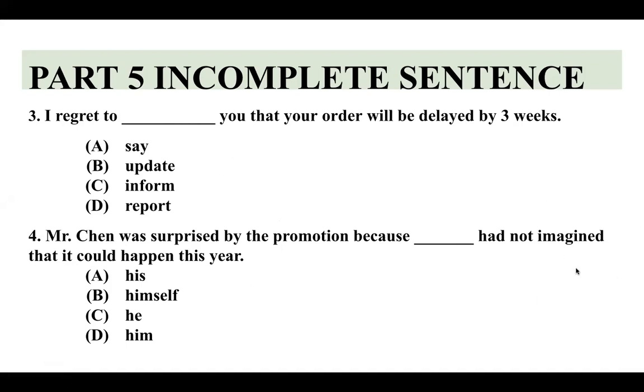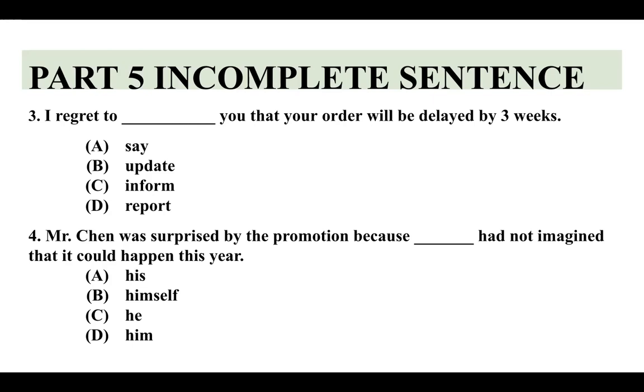ตัวแรก full sentence ตัวที่สอง full sentence หมายความว่ามี subject plus verb because เป็นคำเชื่อม เพราะฉะนั้นต้องการ sentence had not imagined that it could happen this year ความหมายคือต้อง refer กลับไปว่า Mr. Chen คือใคร ทำหน้าที่เป็น subject ของตัวนี้ด้วย his ตัดทิ้ง his ตามด้วย noun himself ตัวนี้ต้องจบประโยคเท่านั้น I do it by myself, he's doing it by himself he ตัวนี้ได้เพราะ refer ถึง Mr. Chen him ก็ไม่ได้เหมือนกัน คำตอบลงไปที่ C ครับ ทุกคนพิมพ์ C ครับ